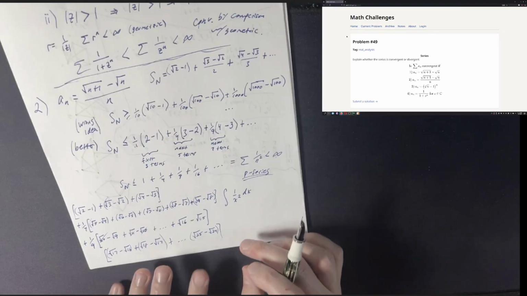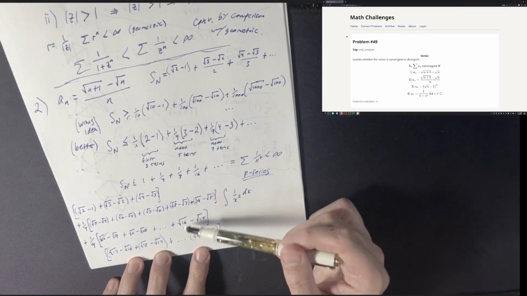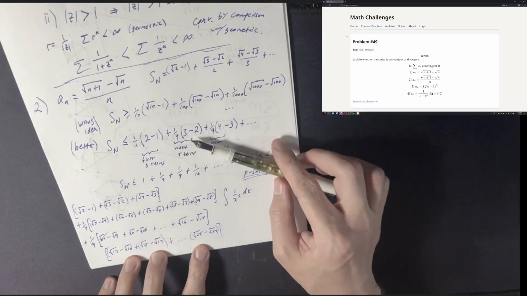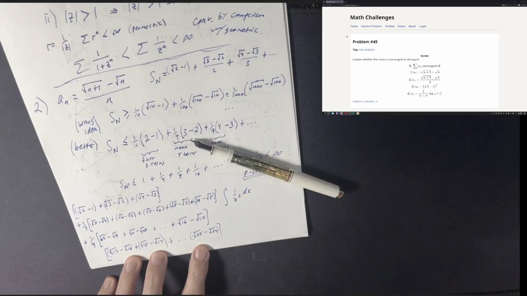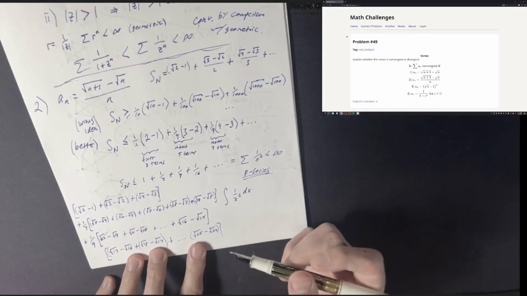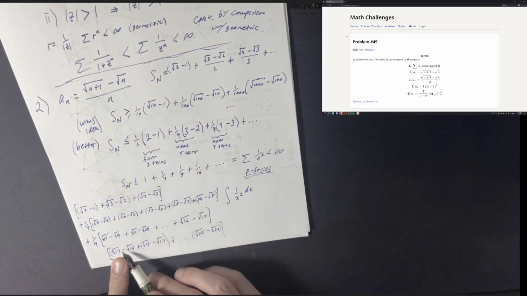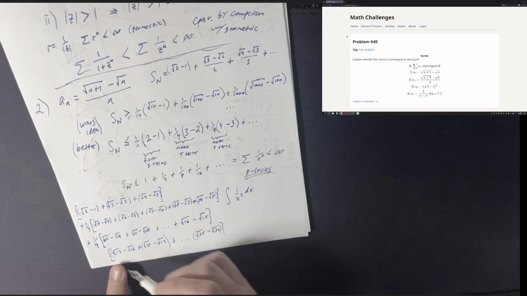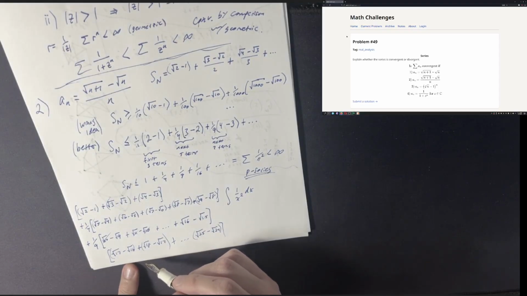But anyway, this is apparently, what is it, 5, 7, 9. There must be 9 terms here. Yeah, that's right. Anyway, 9 terms there, and so the leading coefficient here, the denominator there must have been 16,